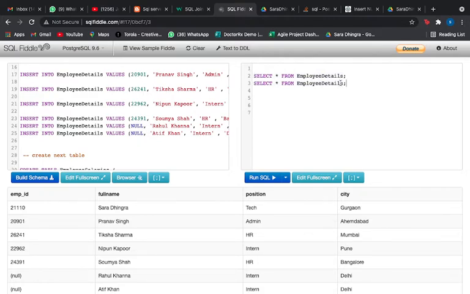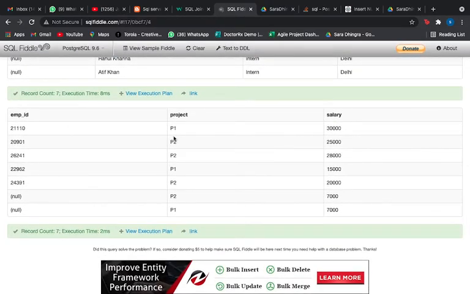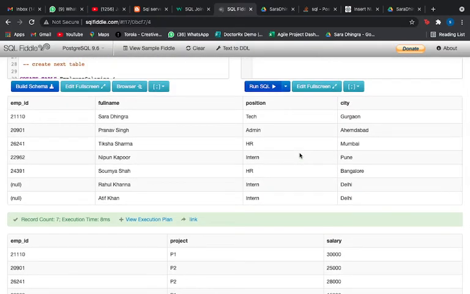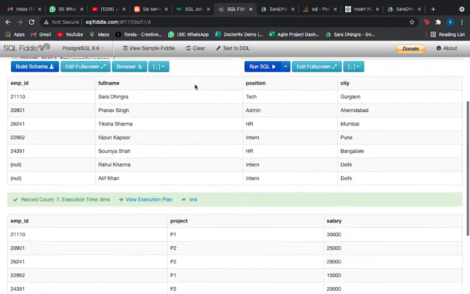After that, I'm going to show you how our employer salary table looks. I'm just going to select that for you. I'm showing you both the tables so I can show you, when we are joining the tables, what changes are made. Okay, so this is our employer salaries table. We have employer ID, the project on which they are working, and the salaries. Here also there are two null values for employer ID because, as I mentioned, the interns haven't got an employer ID yet. Alright, so both the tables have 7 columns each.